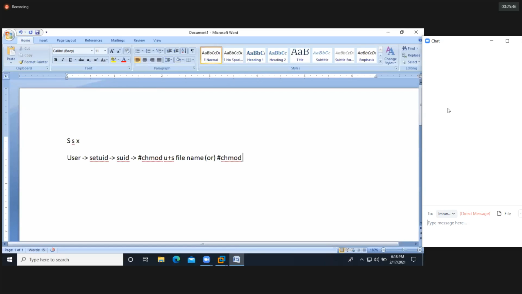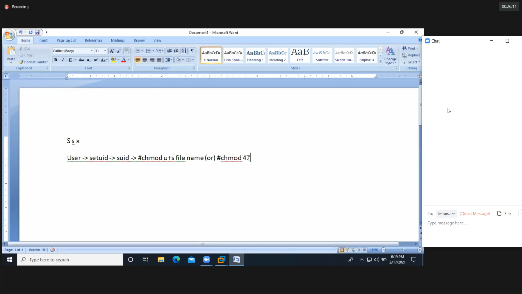chmod 4, okay, and 7. 7 means full permission for user. This 4 is a special permission for user. 7 is a full permission for user.